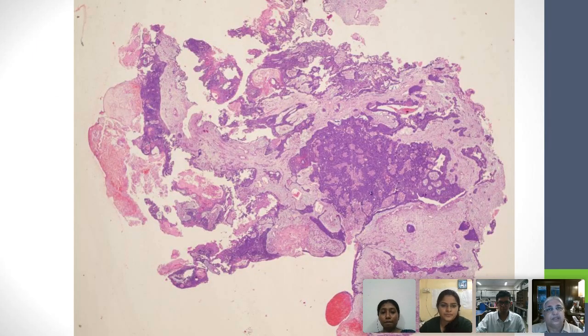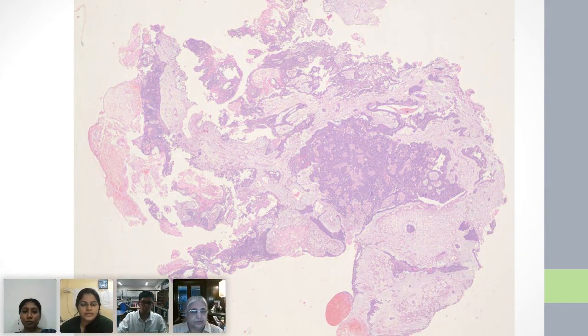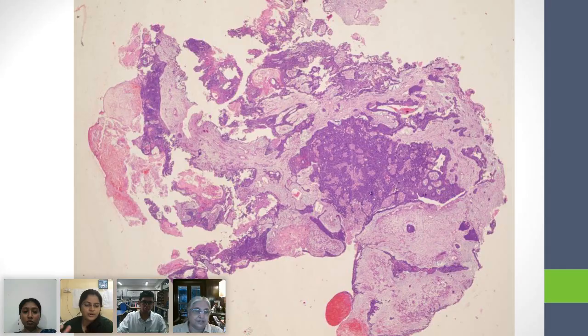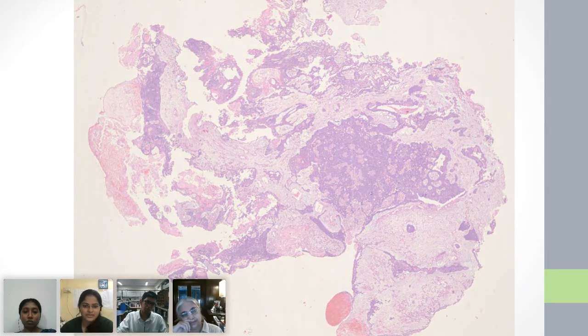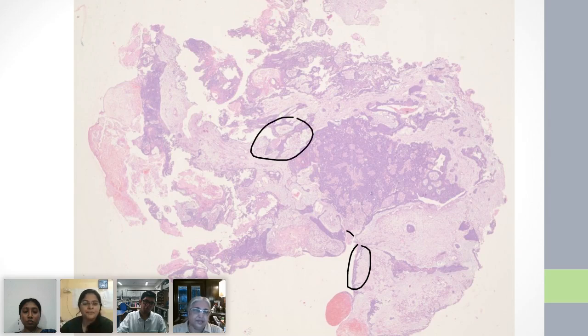Yes, come on now. Come on, Kshitija, you have to describe this. Yes, ma'am. This is a biopsy bit from the mass which was there in the oroantral fistula. According to the five questions which we learned last time, is the normal epithelium seen? So I think the normal epithelium is seen in these areas. Here and here, the normal epithelium is seen, and the rest of the tissue is abnormal.